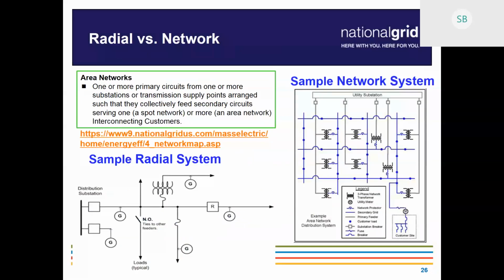Network systems are area networks or spot networks. Either one is a case where that part of our system is served by two active lines at the same time. That's probably the most basic way to describe that. Everywhere else in our system, we have redundancy built in where we can tie circuits in and backfeed from different locations, but it's not actively fed by multiple sources at once. The network systems are a lot more complicated for interconnection. So if you're looking to interconnect in a network area,